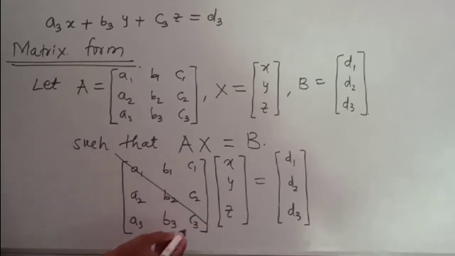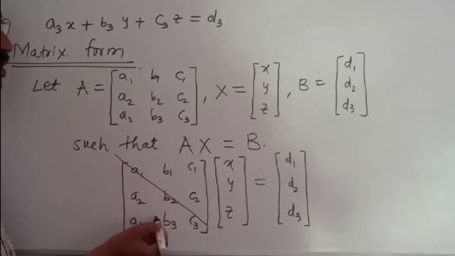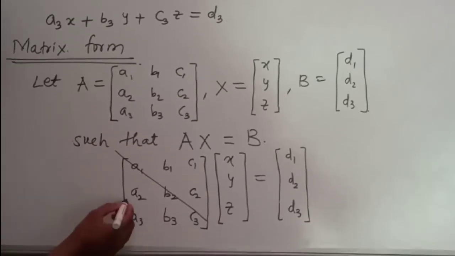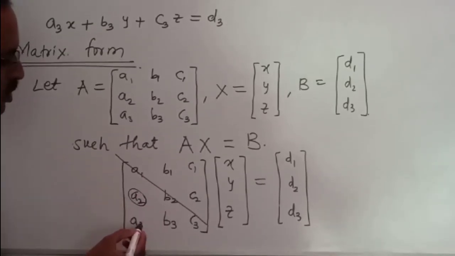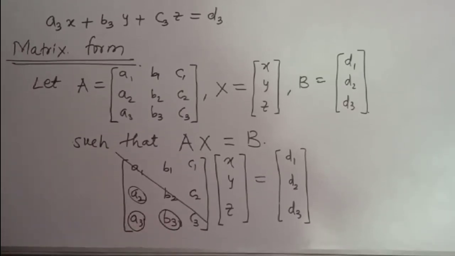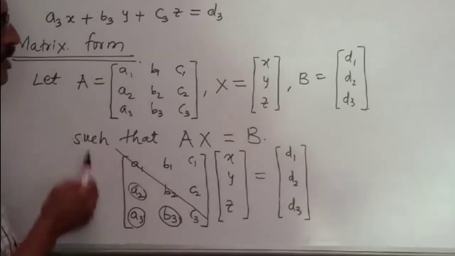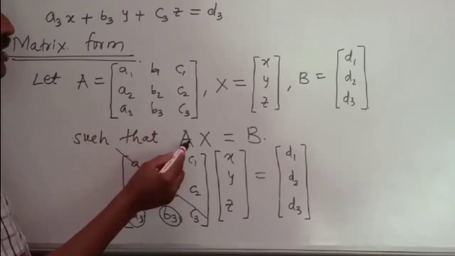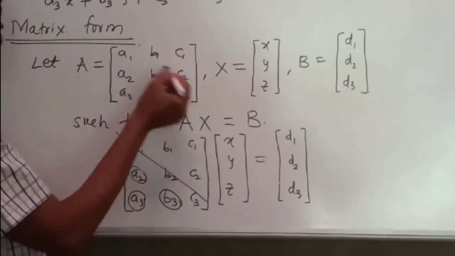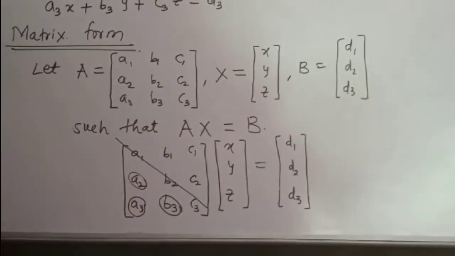Then we convert the matrix into an upper triangular matrix by using row transformations. That means we convert a2 into 0, a3 into 0, b3 into 0. Or the second method, we convert this matrix A into a lower triangular matrix,